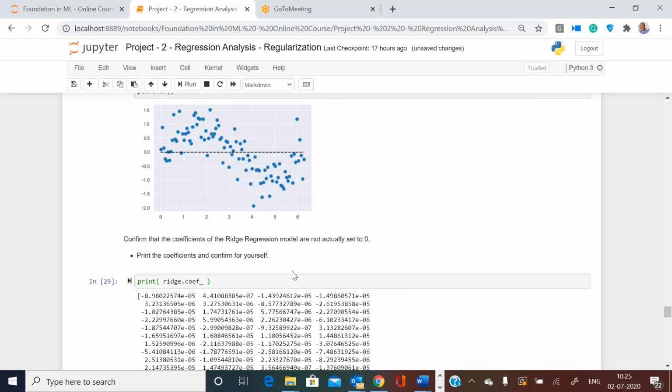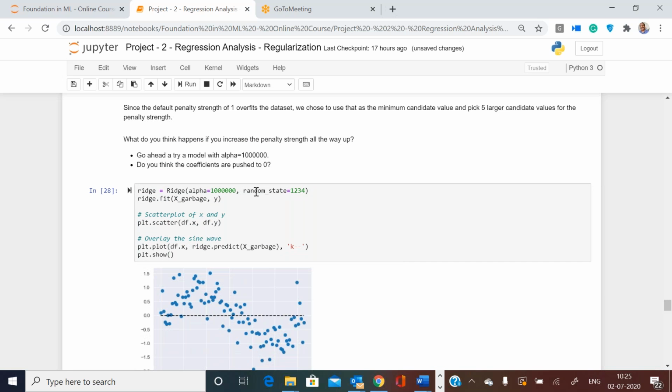Because you have used a very large lambda, it has shrunk all the coefficients. All features are there in the equation, but we are able to see a dampening effect. Feature shrinkage is happening, not feature removal. So lasso has enabled you for feature removal, and ridge is helping you to shrink irrelevant features.